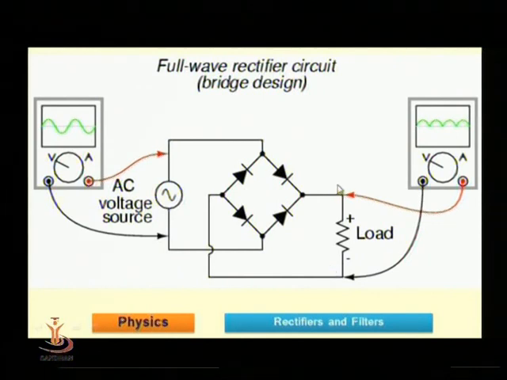Now as I told you, there are two configurations with a full wave rectifier. One is the center tap type of configuration, another is the bridge configuration. In the center tap type configuration, we are using the center tap transformer and two diodes. Here in a bridge configuration, we are using a normal transformer where no tapping is carried out, but in place of two diodes we are using four diodes, D1, D2, D3 and D4. This one is the primary voltage we are applying, our AC mains, and this one is the voltage after the rectification.